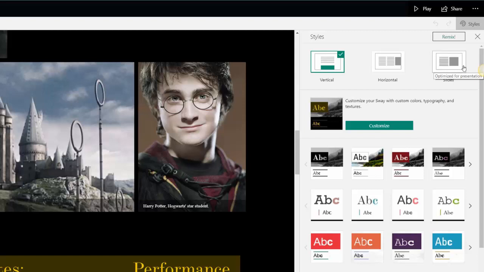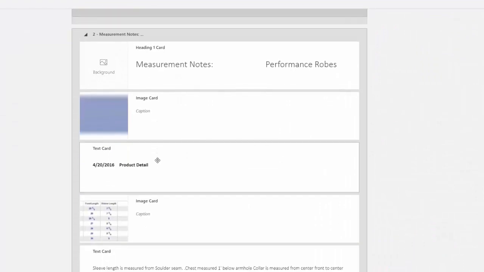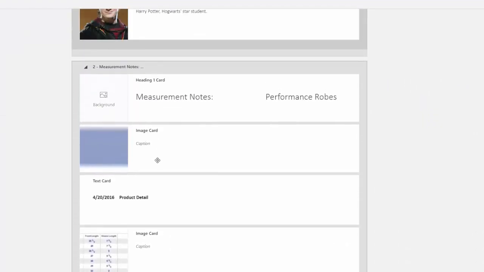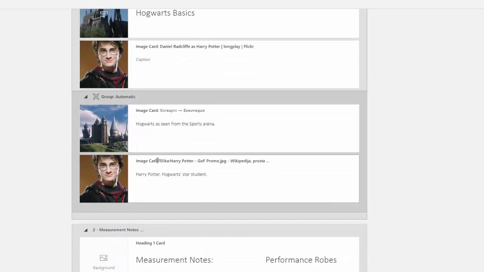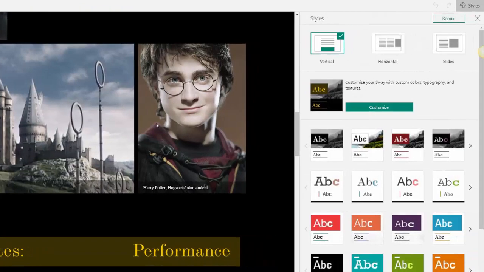Now this is where some information from the previous video may need to be revisited. If you remember that previous video, we talked about how uploading an item like a PDF will result in all the elements of that PDF being broken down into separate cards. Let's take a quick look there. And there's our separate cards. Now, those cards will be relayered in the design section to look more properly like the original document.